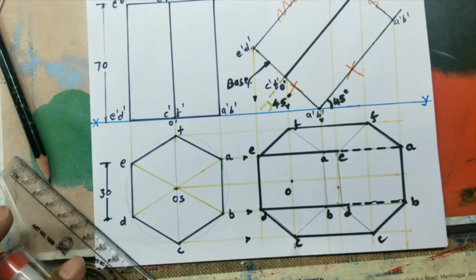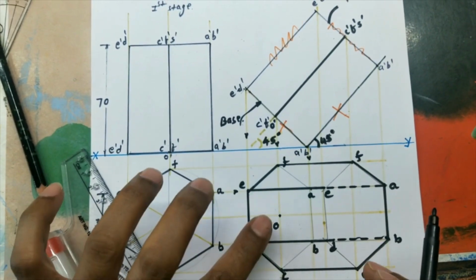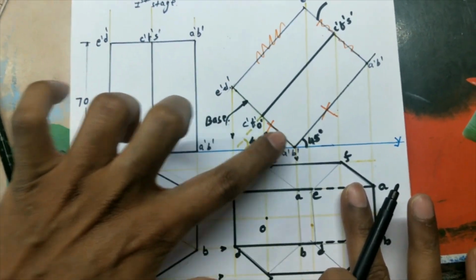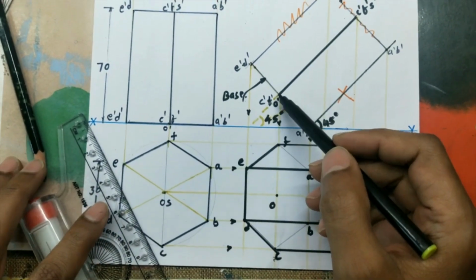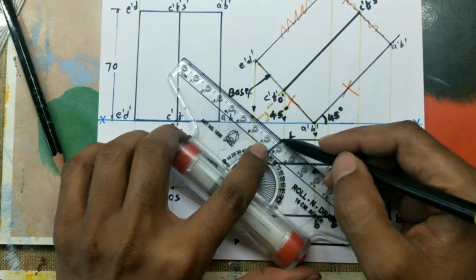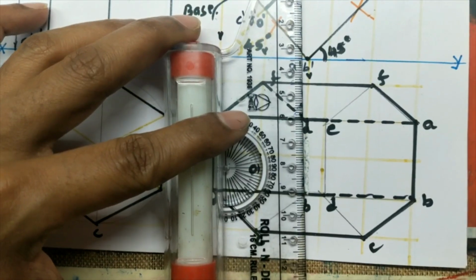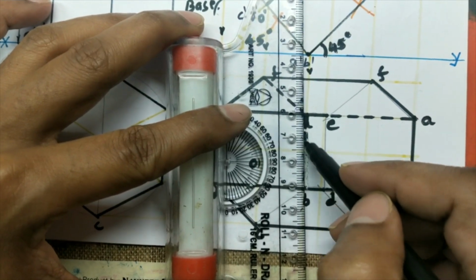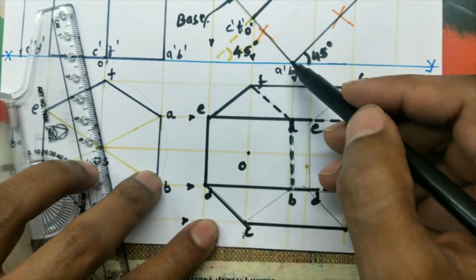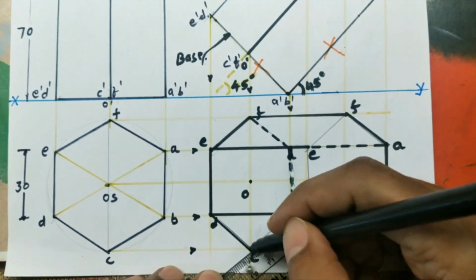Then now we'll see this one, A to F. This is a base, and this is a top one. You concentrate here first of all. See here, F to A, can you see I already made a cross, which means 100% it is not visible. Make it dotted. A to B is also dotted, make it dark. Now B to C, you can see B to C, again it is not visible, make it dotted there.